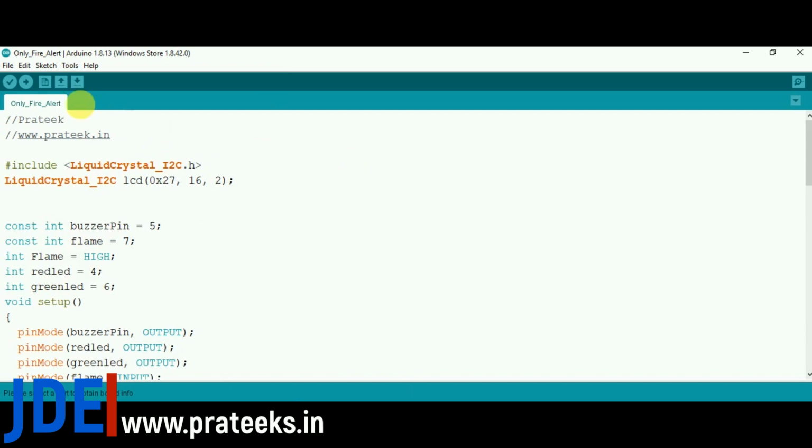See on the right side the compiling has started. Code is completed. Let's go to the working side.